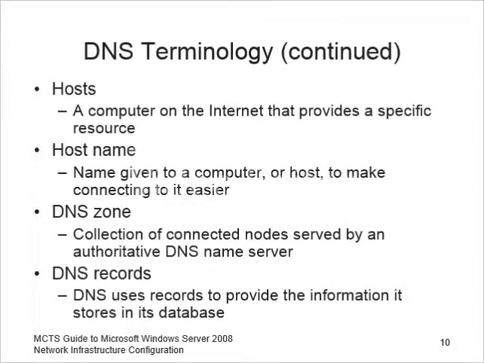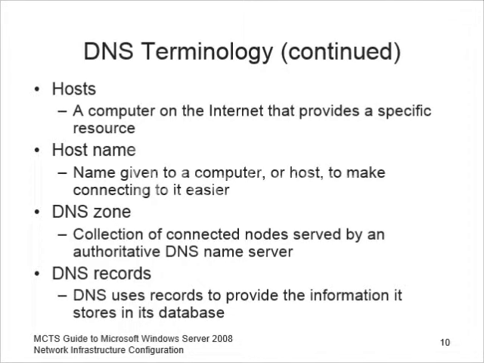And finally, in our list of terminology, we have the DNS zone and the DNS record. The DNS zone consists of a collection of connected nodes served by an authoritative DNS name server. A zone can be a single domain namespace, such as Microsoft.com, or it could be multiple domains in a contiguous space. A DNS record